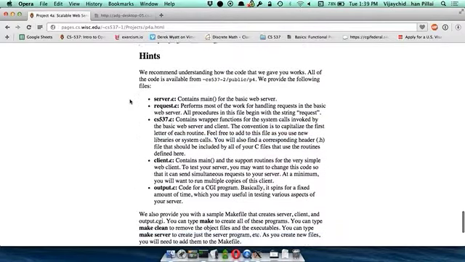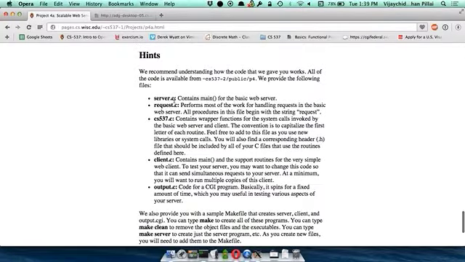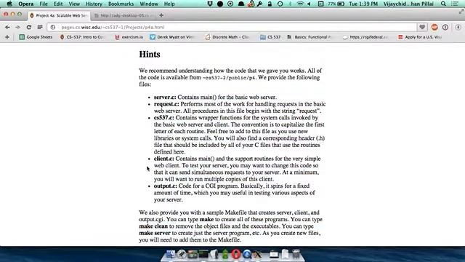So we have given some hints about the main structure of the program. It's very simple. Most of your work will be done in server.c and request.c, which is the meat of the program. So server.c is what we just saw. It's the program that is the main for the server. It will accept a new request, it will work on it, and then it will send the response back to the client. The request.c actually performs things like, is this a static file, is this a dynamic file, how do I run a dynamic program, and so on.